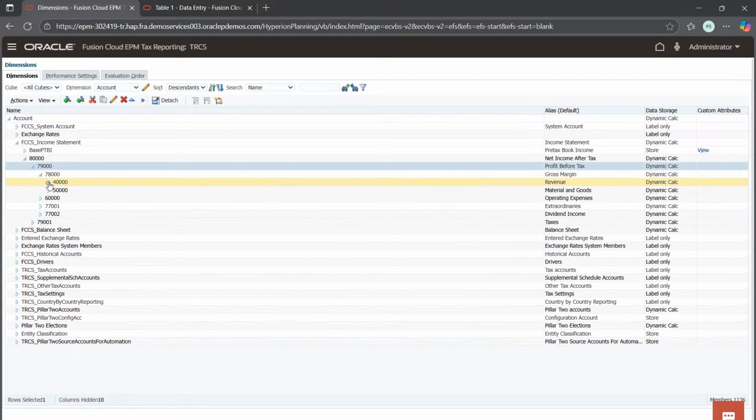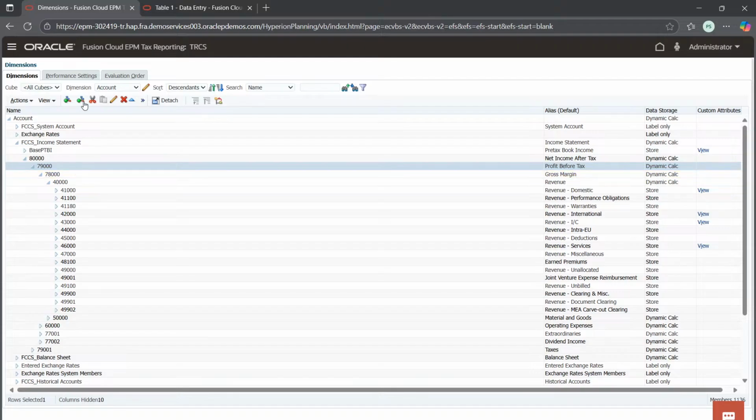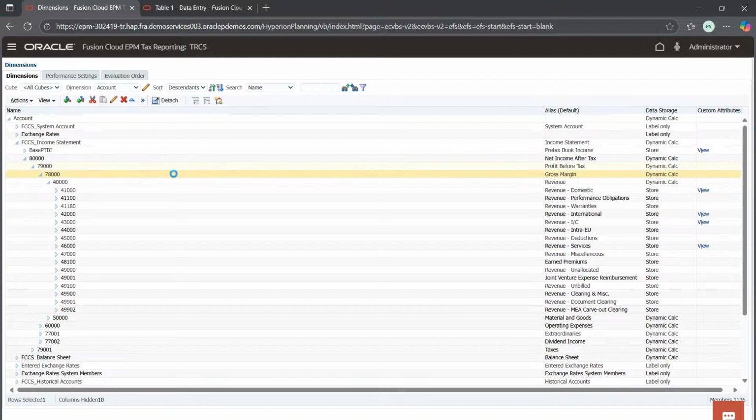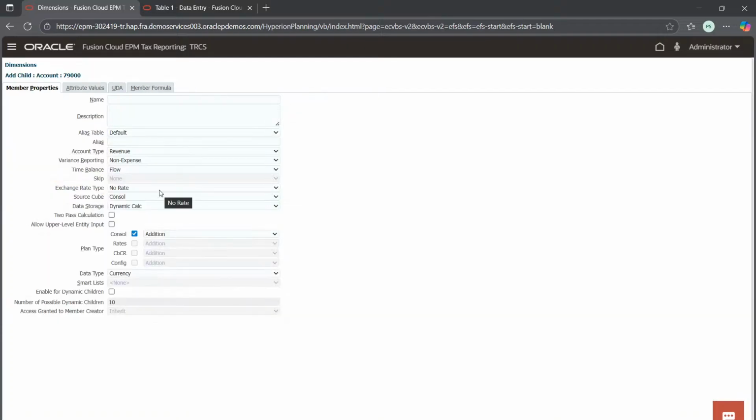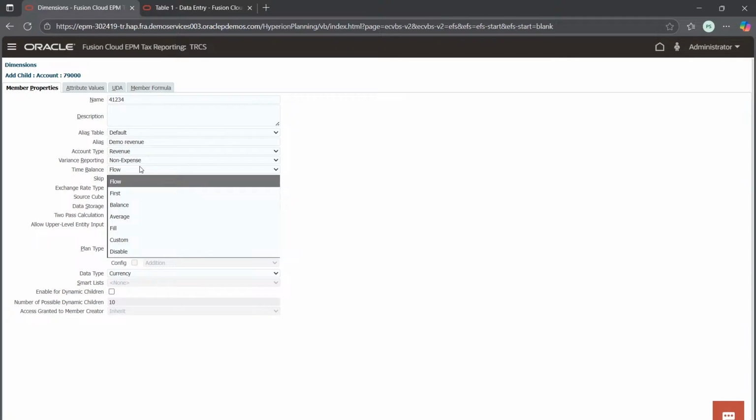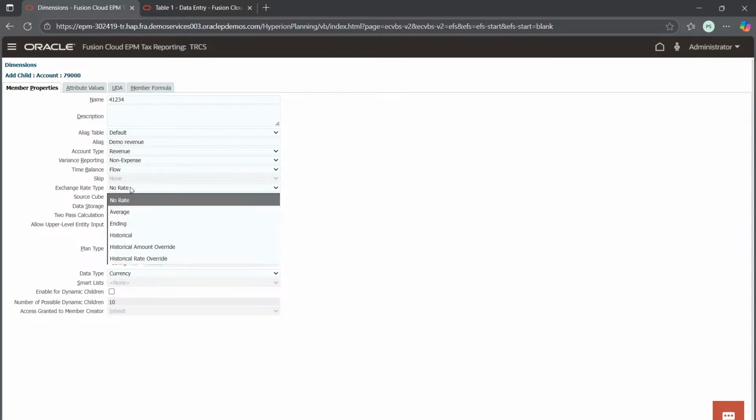Under revenue we are going to add a child, right? So let's add a child. Here you can name it 41234 like this. Under the alias it can be demo revenue, right? So the account type is revenue, its variance is non-expense, so the time balance is flow, exchanges is no rate,